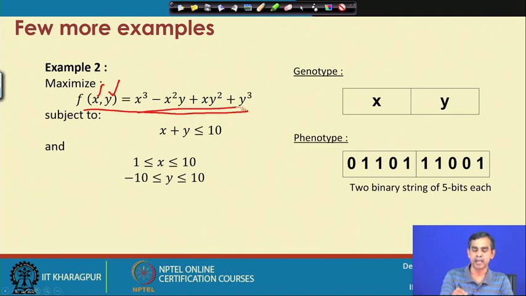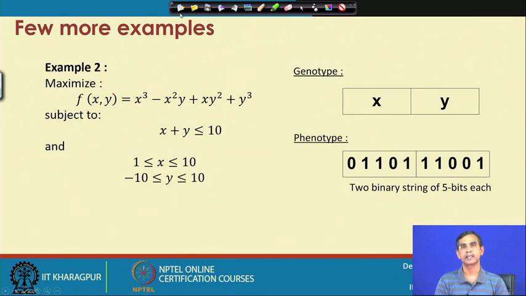We have to find good values of x and y for which this f gives us the minimum value. Here again there is a constraint: the values of x and y should be chosen in such a way that they satisfy this inequality,